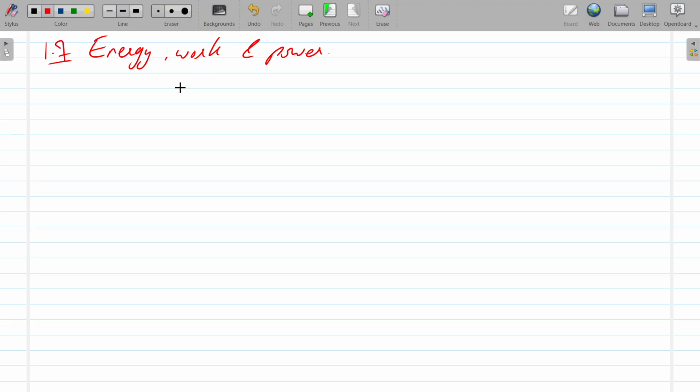So, Unit 1.7 is Energy, Work and Power, and we will be beginning with the topic of energy, and in the process of talking about energy we will include work. So first of all, what is energy? The book, unfortunately and oddly enough, doesn't give a clear definition for what energy is. So a very simplistic definition of energy is the ability or the capacity